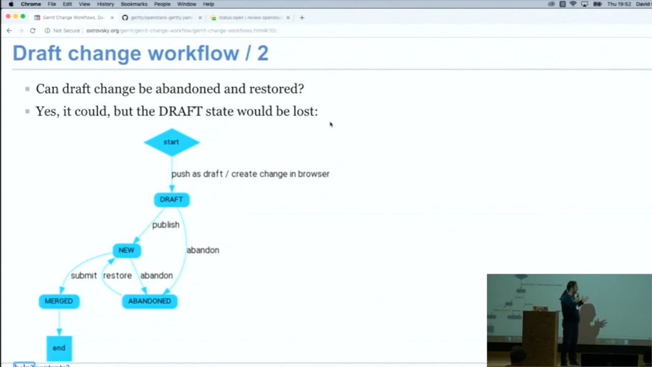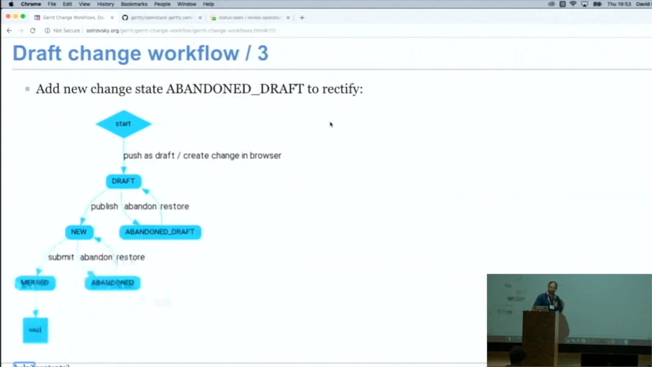So what you actually did is you published this draft change without the intent to publish it. All you did was abandon, restore, and unfortunately it's published. So to overcome this problem, one crazy idea was to make it even more complicated and add an abandoned draft state